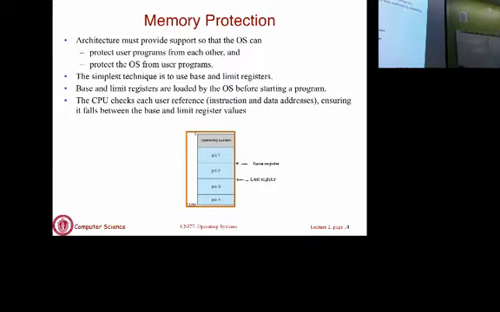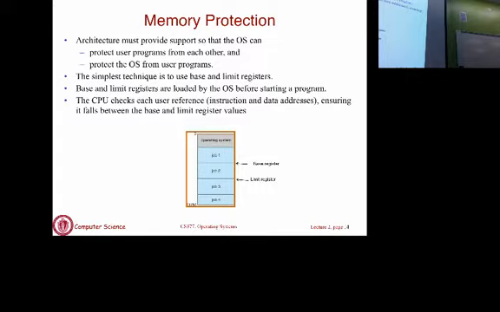Okay, so now we'll talk about memory protection. That will answer some of the questions that came up. As I just mentioned, you need to protect applications' memory from other applications so that you don't trample or override some memory that belongs to some other process. Same is true of the OS. You want to protect the OS from other user programs, so a user program doesn't override some kernel memory. The way this is implemented is through memory protection.